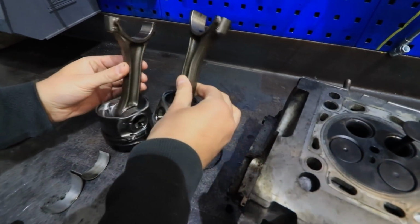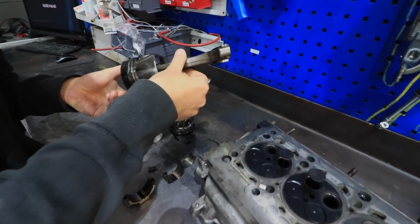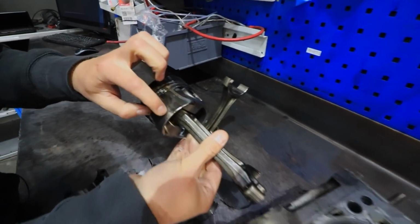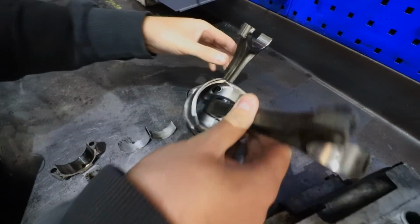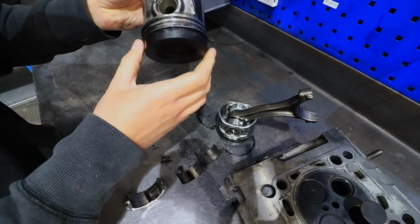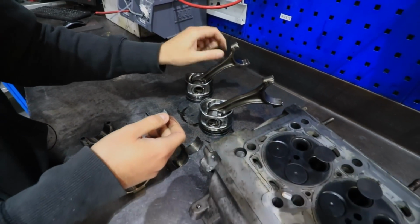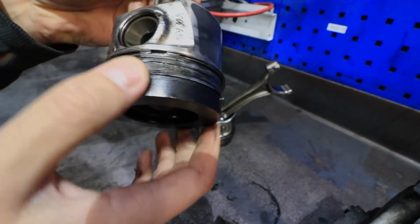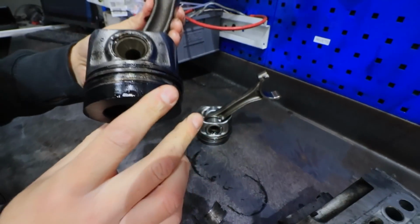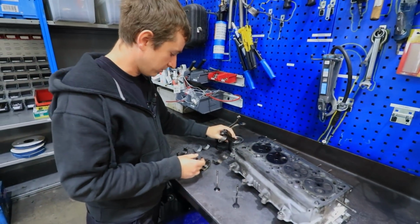When this is bent, it's not just bent the rod. I don't know if this is the worst one, but you can see it's pushed the piston into the side of the bore. Is it that one or is it the other one? It must be the other one. It really wore down the side of the piston as well. There you see, it wore down all the rings and everything. So it scuffed the bore, the pistons are knackered,